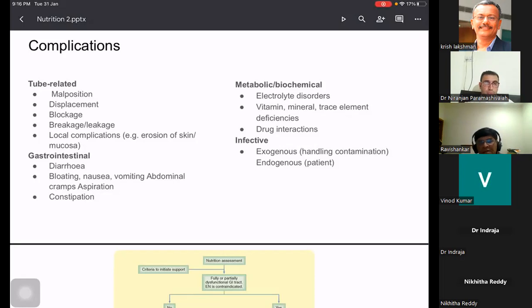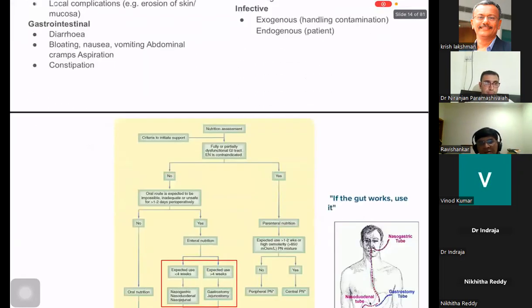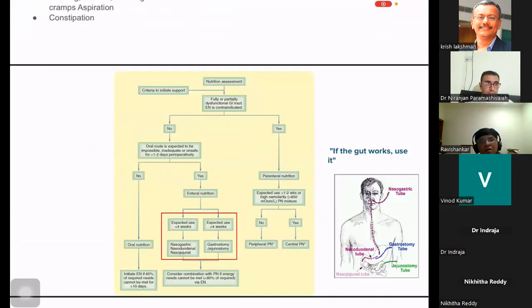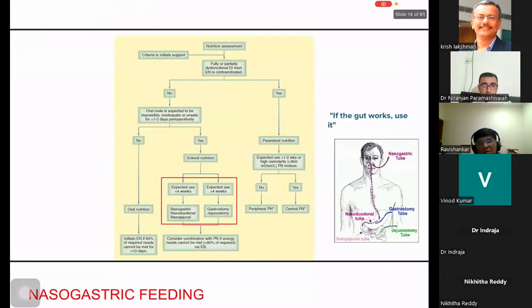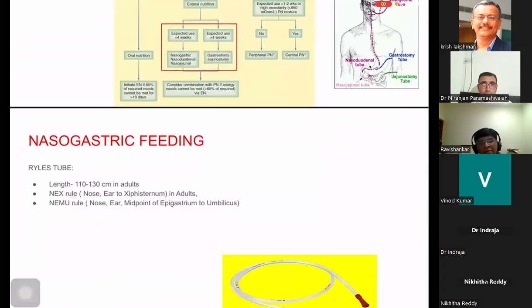And in enteral nutrition, basically we decide whether to go for a surgical tube or a regular tube based on the duration of requirement of the enteral nutrition. If it is less than 4 weeks, generally we go for non-surgical tubes like nasogastric, nasoduodenal, and nasojejunal tubes. And if it is more than 4 weeks, we require surgical tubes like gastrostomy and jejunostomies. And nasogastric feeding,